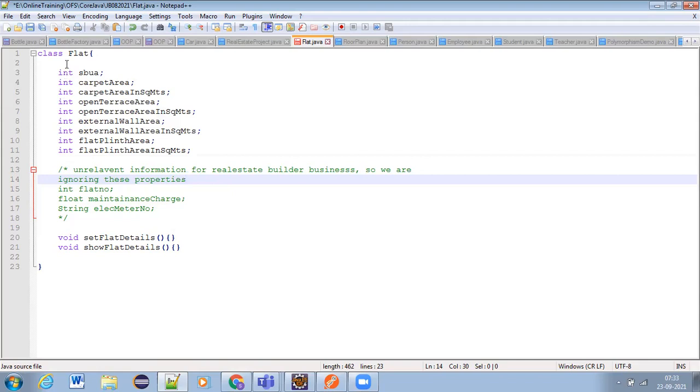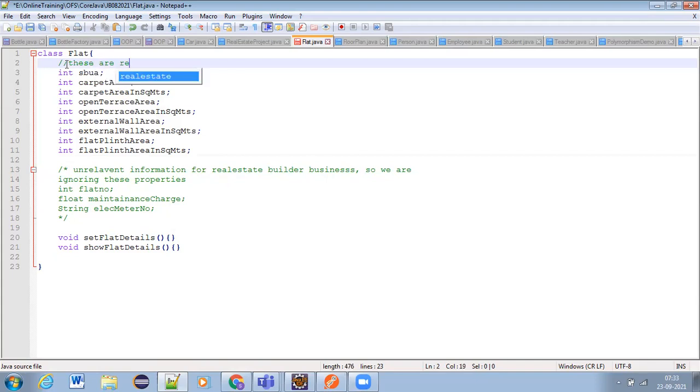And these are relevant or necessary information or properties for the real estate builder business.